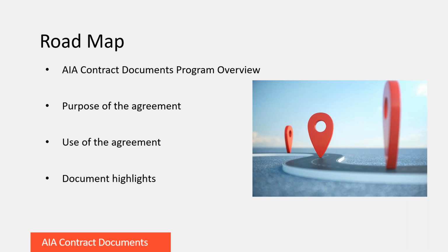Elisa was instrumental in drafting this document, so you will be hearing this information straight from the source, so to speak. With that, I'd like to give you a brief roadmap of what we will cover today. First, we'll be talking about the AIA Contract Documents program generally, at which point we will then turn to the purpose of the C104, why people would want to use the C104, and with our remaining time, while we won't be diving into specific language, Elisa will provide some summary highlights about key provisions that you may find in the C104.